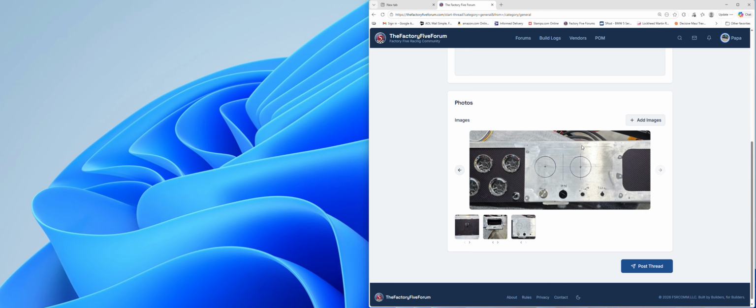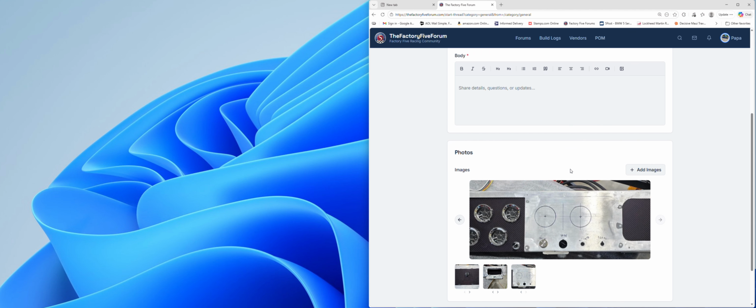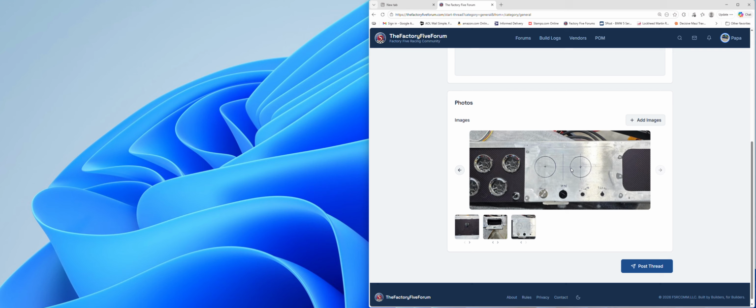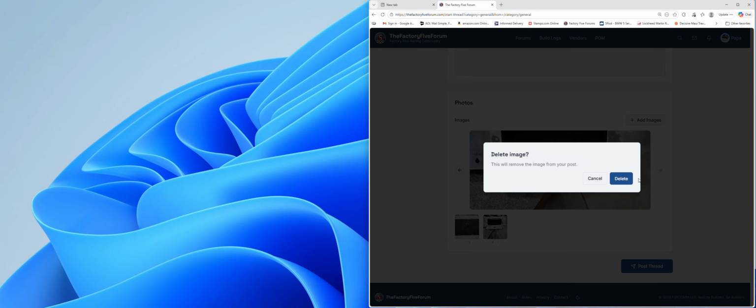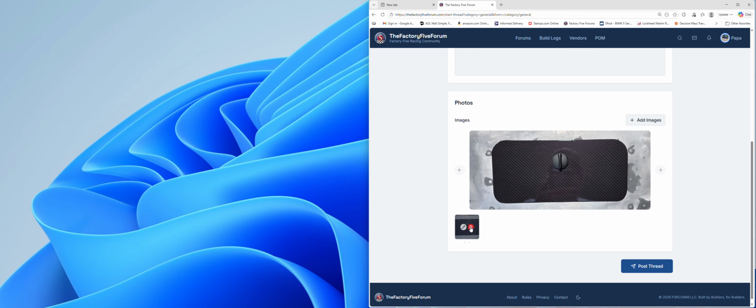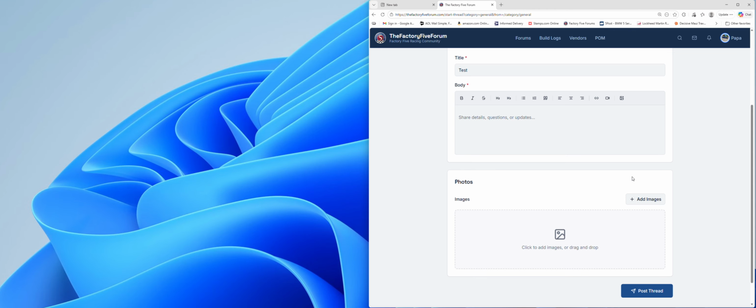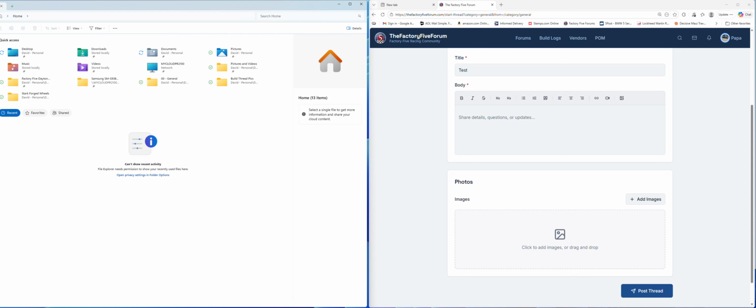So if you don't like that, you don't have to use it, right? This is going to display at the top of your post, but you'll find that there's other ways to show images, and I'll talk through those. So for now, I'm going to go ahead and delete these out of this because I really don't like the way those displayed. And I'm going to show you another way to put images in, and that's using drag and drop. So if I were to go directly to a folder